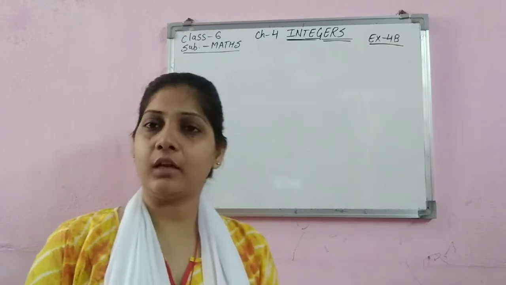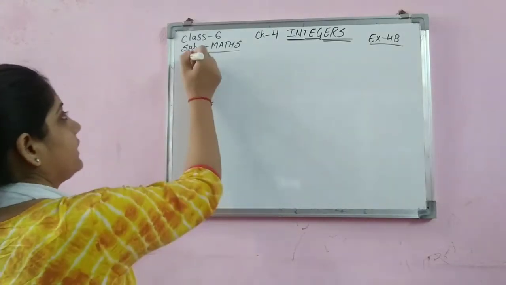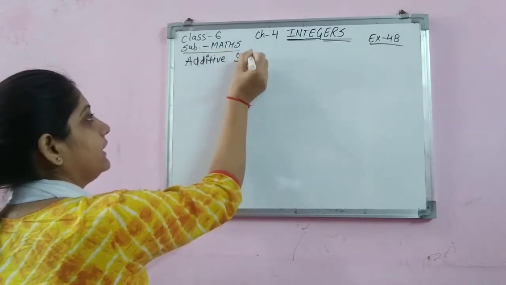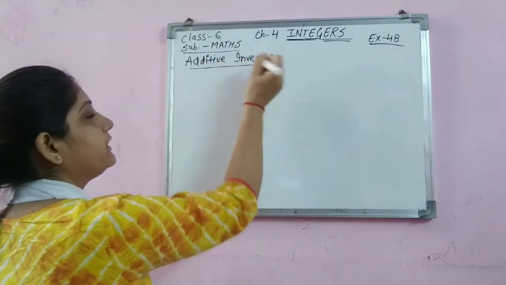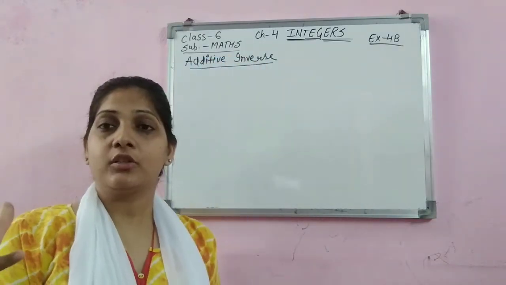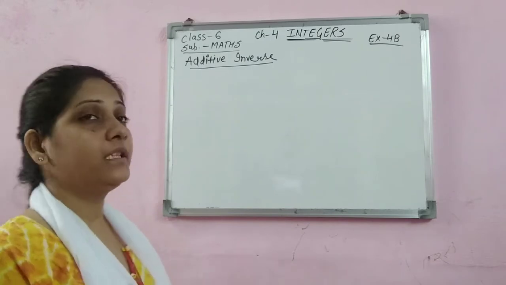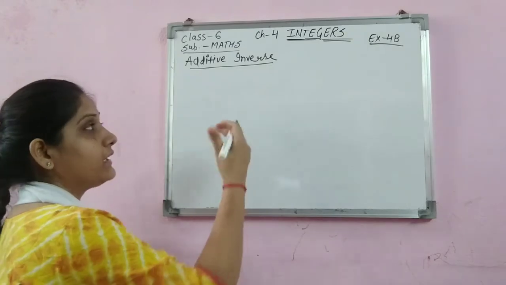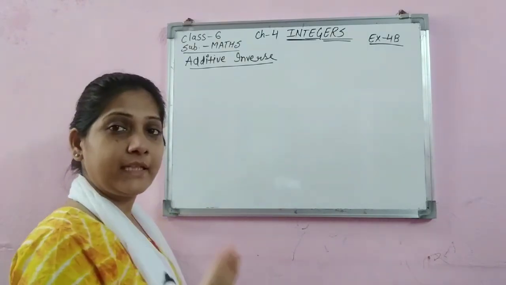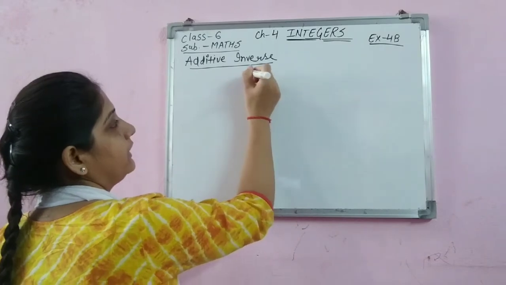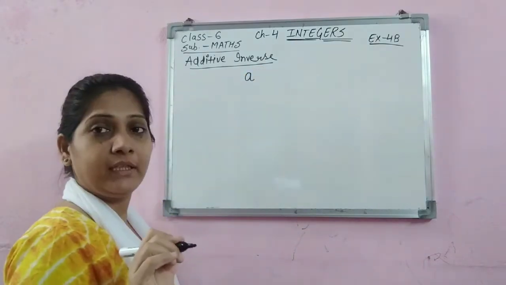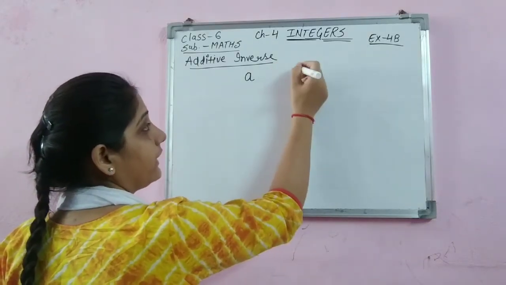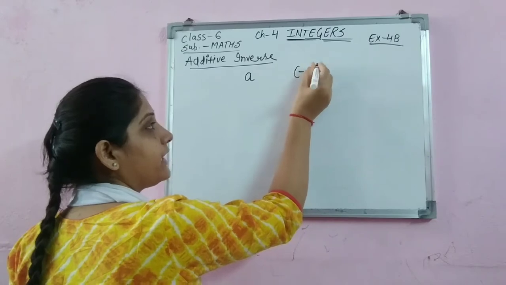Okay. So let's start with additive inverse. Very first topic is additive inverse. What is the meaning of this? You have to remember, children, that additive identity is 0 for any number. So suppose I have any number and I want to find its additive inverse, it means I have to change its sign, so that when we add these two numbers, the answer will become 0. See how? If I have this number in variable form, I am taking a, and I want to find its additive inverse. So its additive inverse will be negative a.